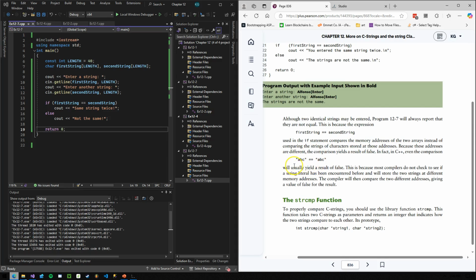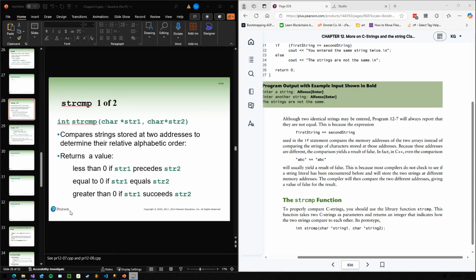Even this comparison will, I love this, usually result in false, because most compilers do not check to see if a string literal has been encountered before and will store the two strings at a different memory address. The compiler will then compare the two different addresses, giving a value of false. So really, if we wanted to check to see if these two were equal, we would probably want to create a function that accepted two arrays of chars and just looped through and checked each character by character, and returned true or false. Or you could just use this guy,